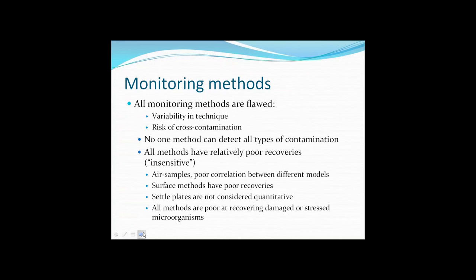So in this sense, all environmental monitoring methods are flawed because they have a level of inaccuracy, because they vary, because people can easily contaminate them, and this becomes a big problem when assessing the ISO Class 5 or grade A environment. No single method can capture everything, and in general they're very poor at recovering damaged or stressed microorganisms,